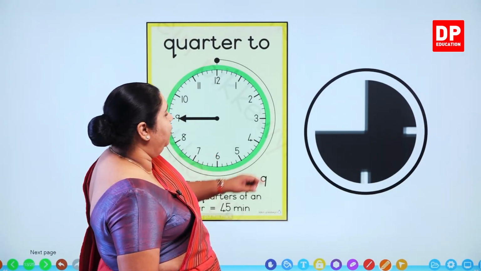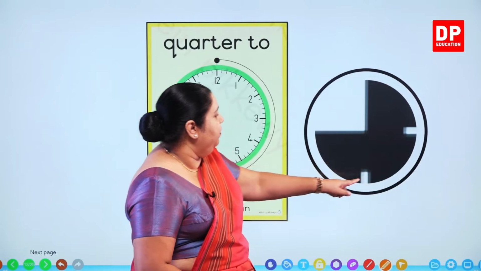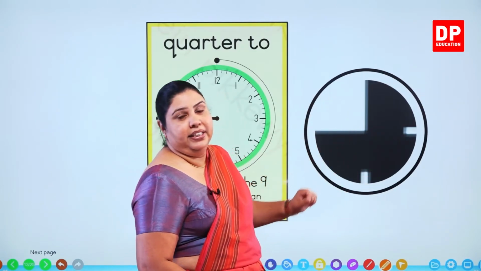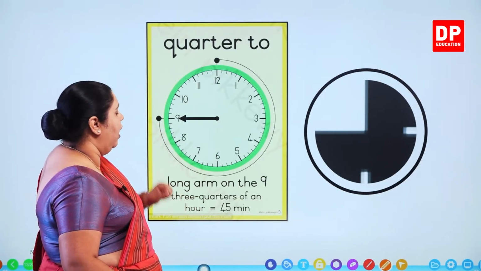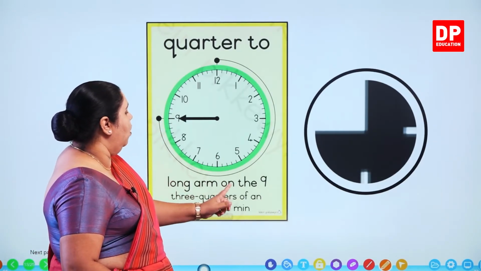Look at the slide. Can you see? 45, that is 3/4. 3/4 have been passed and it has come to number 9. Long arm on the 9,